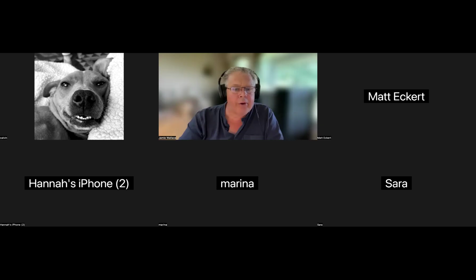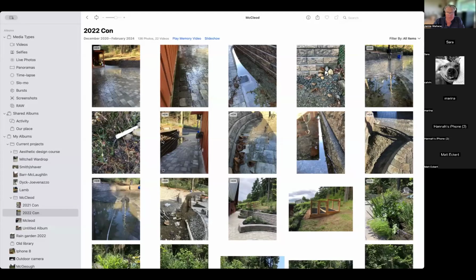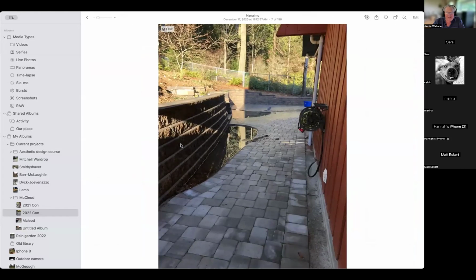Just stop share here. And I'll go to my photos. So there you go. That is on this project site. We put some retaining in, and uphill, you can see that's uphill. So we have water heading up on the surface, although we haven't witnessed water running on the surface, but the groundwater in the winter